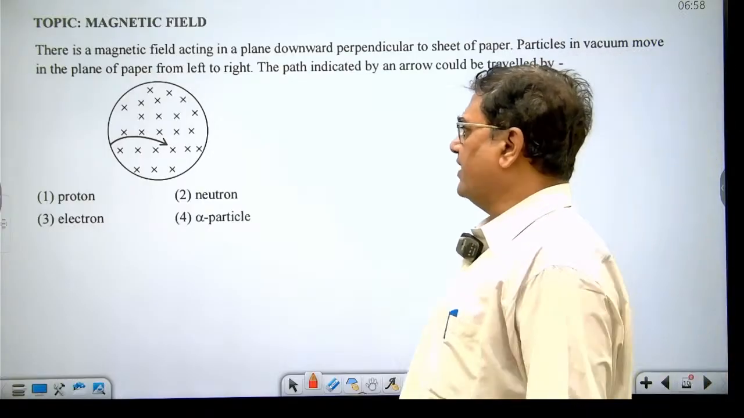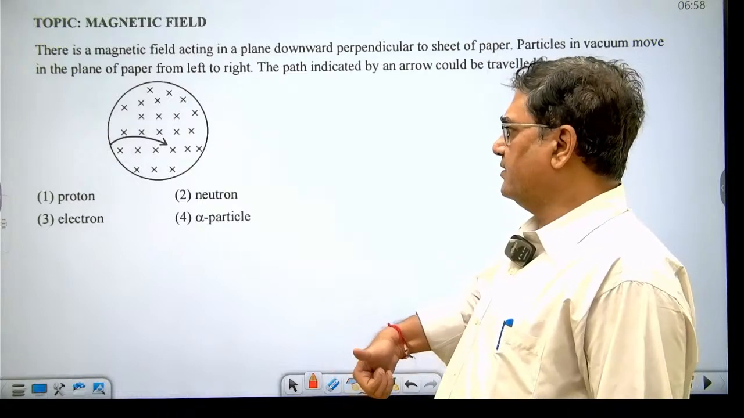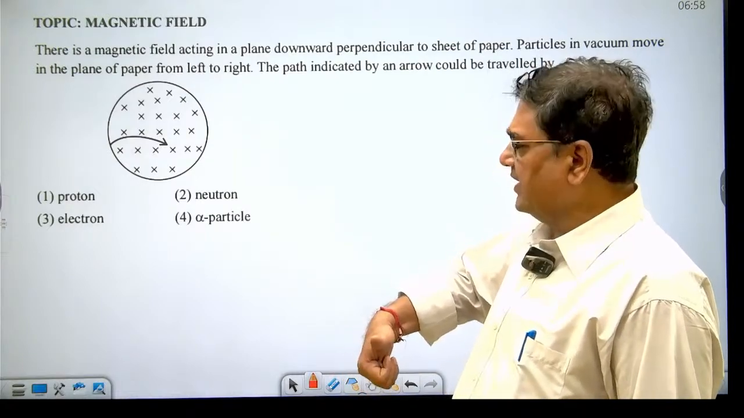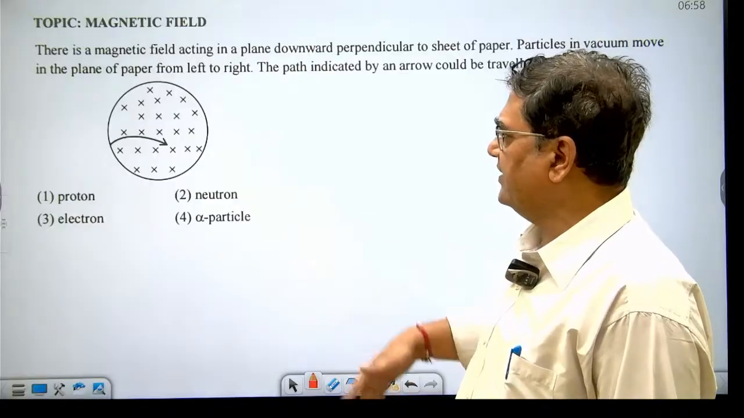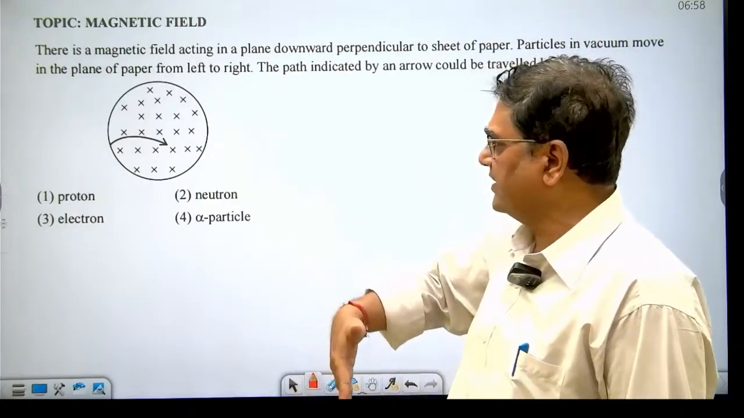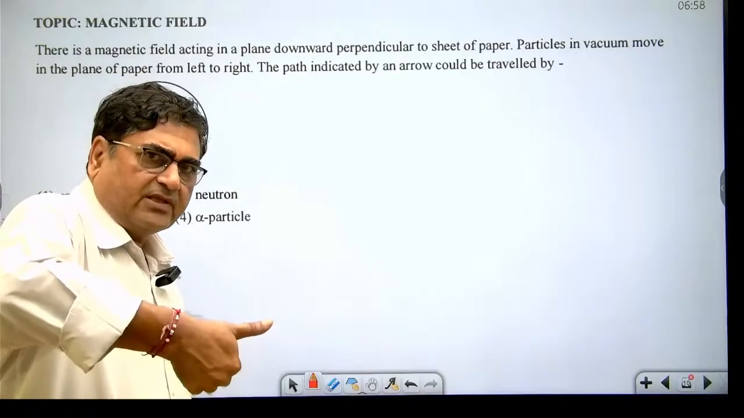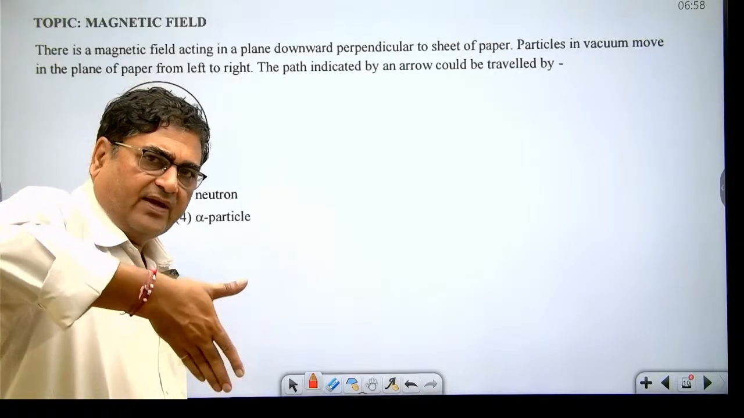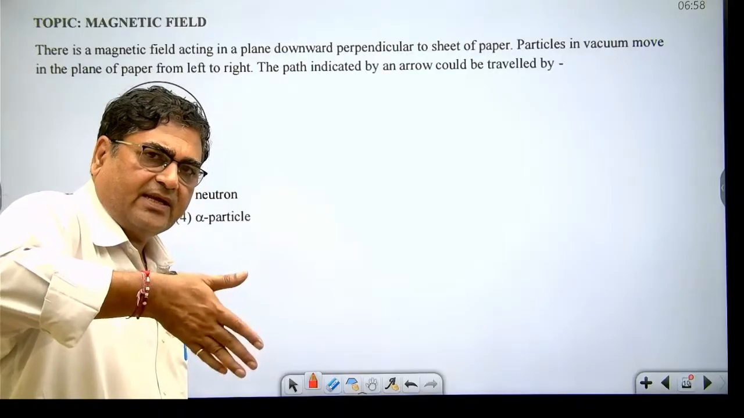Dear student, while calculating the direction of force, what do we do? We keep the thumb in the direction of motion of the particle and fingers in the direction of magnetic field. Here in this question, the magnetic field is acting in the downward direction. So you can see from here, if we keep the thumb in the direction of motion and fingers in the direction of magnetic field, then the direction outward normal to the palm indicates the direction of force on the